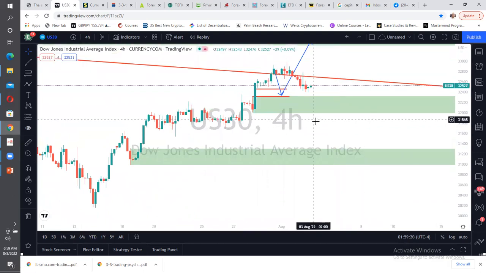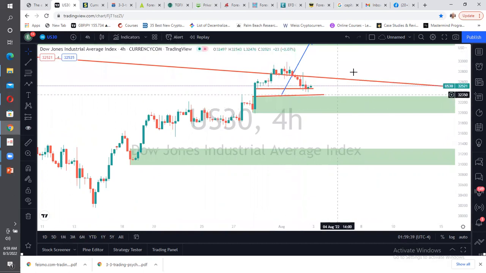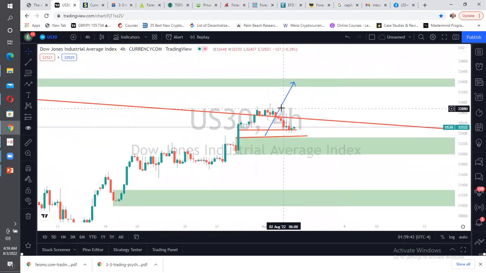Here we'll have US30. US30 has entered this particular fair value gap, and they've actually played this one out because we said they're going to pull back then to the upside. So they've already pulled back, so they'll be going to the upside. So we're taking this out. So this is the move we'll be expecting of US30.